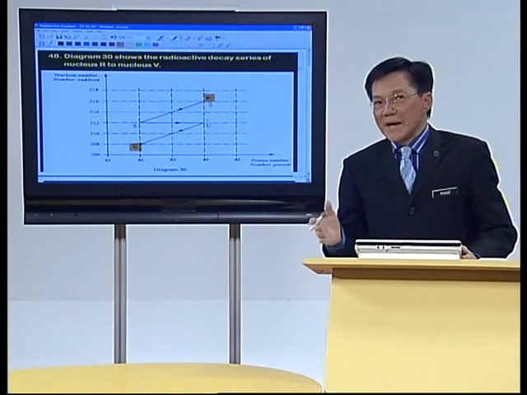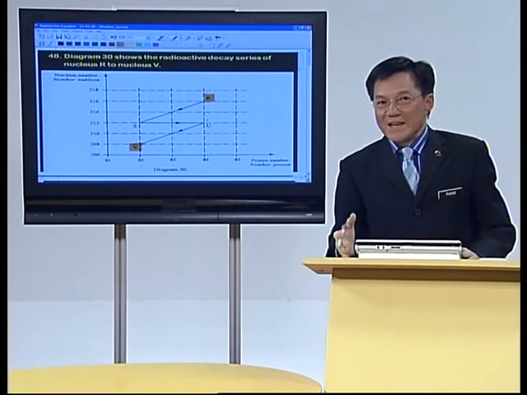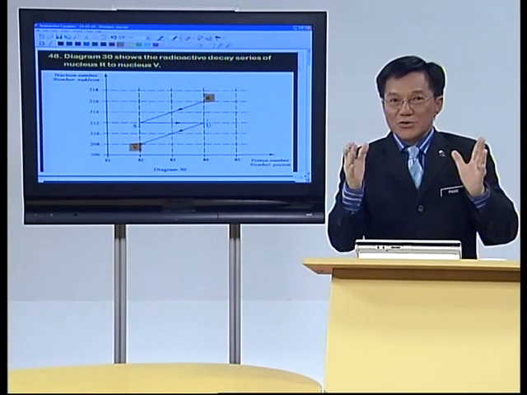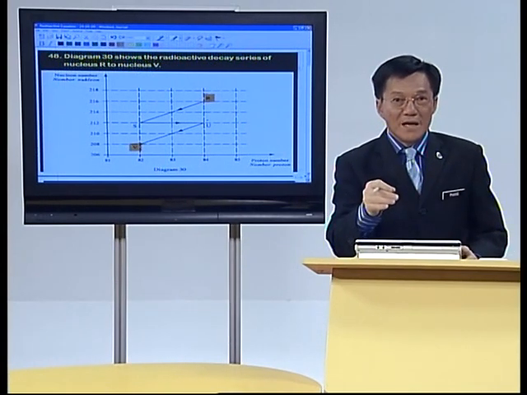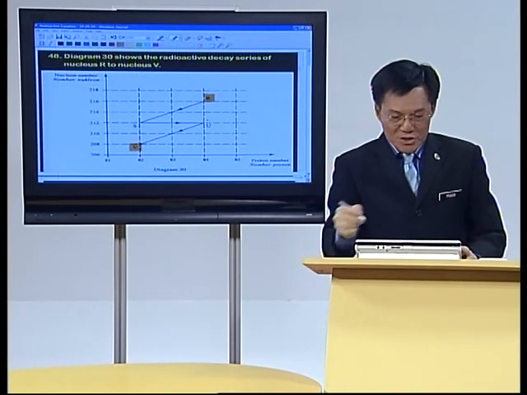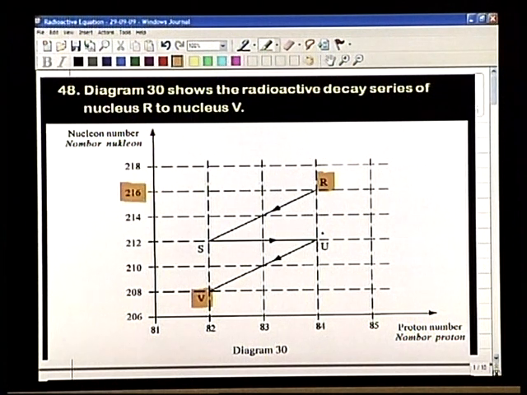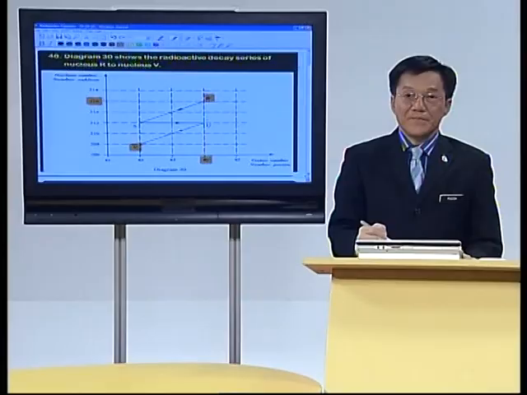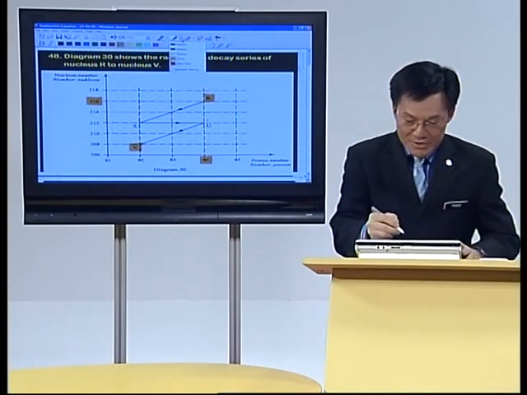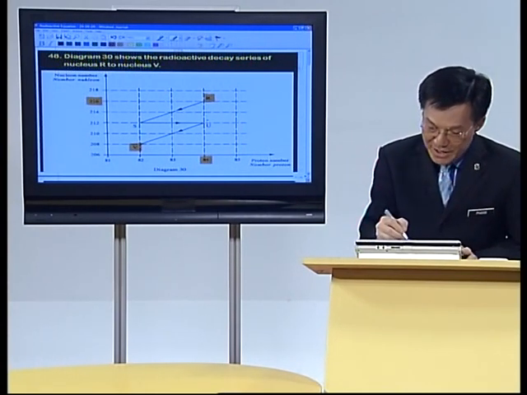Clear? Alright. Now look at R. I mentioned in the beginning of my lesson that you need to know about nuclear number and proton number. So I'm going to highlight the numbers for you. Alright. R, 216 is the nuclear number. And for R, you look down here, 84 is the proton number. Alright. So I will write this down. Okay, I'll use it in red.